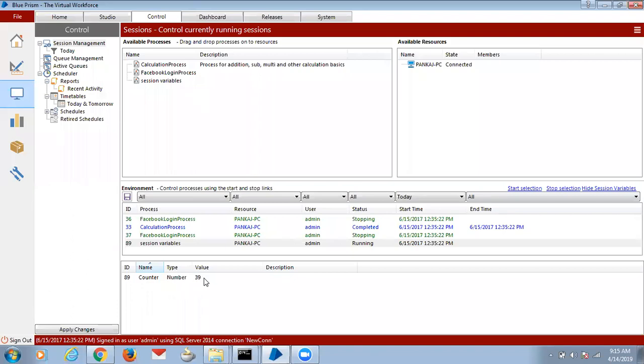It's running. Wait for the 2 seconds, then it will increment the value. Wait for the 2 seconds, it is incrementing the value. After completing, you can't see. While it's running only, you can monitor that variable. So this is about the session variables.